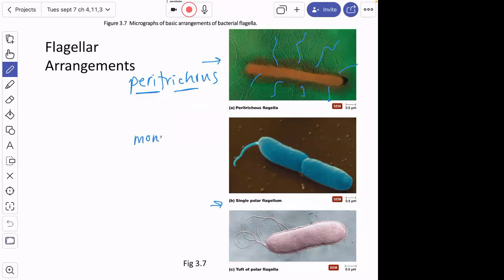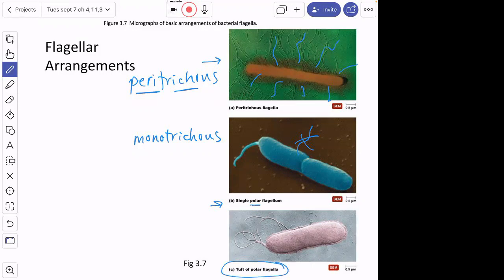We could call that monotrichous. A polar flagella means that it's one at one end or the other. So in other words, on a rod-shaped organism like this, you would never just have one flagella sticking out from the side of its cell. Okay, we don't ever see that. It's either going to be at one end or the other, maybe both, but then it wouldn't be one flagella. Okay. It's also common to have a tuft of flagella,